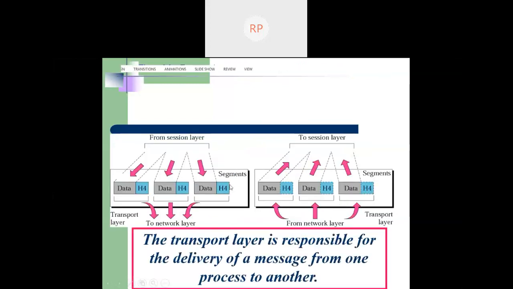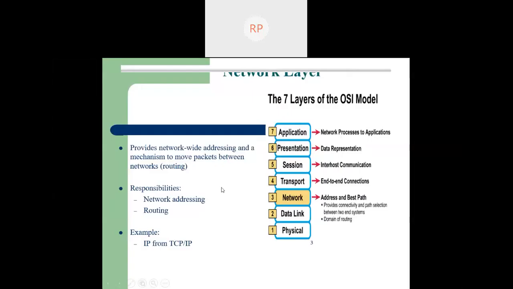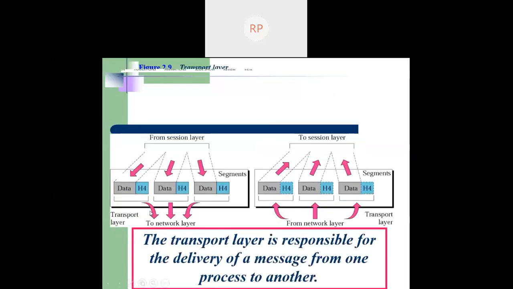This is a simple representation of the transport layer. You can check. The transport layer message is whatever comes from the session layer data, then header 4 data header 4. This is the unit of information. At that layer it is called segments, which you pass to the network layer. The transport layer is responsible for delivering a message from one process to another process, then that message is received by the network layer, then it sends back to the session.